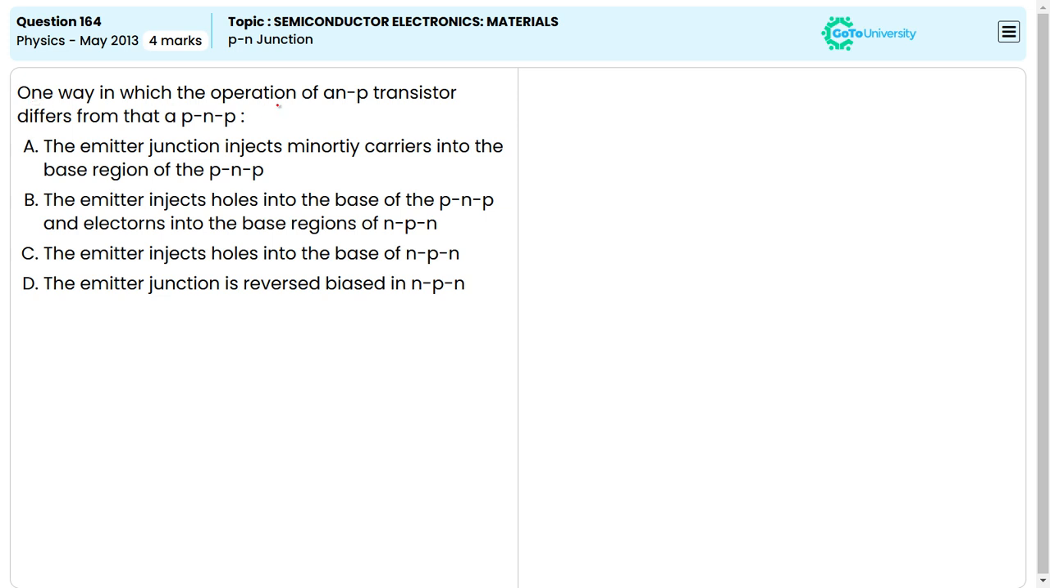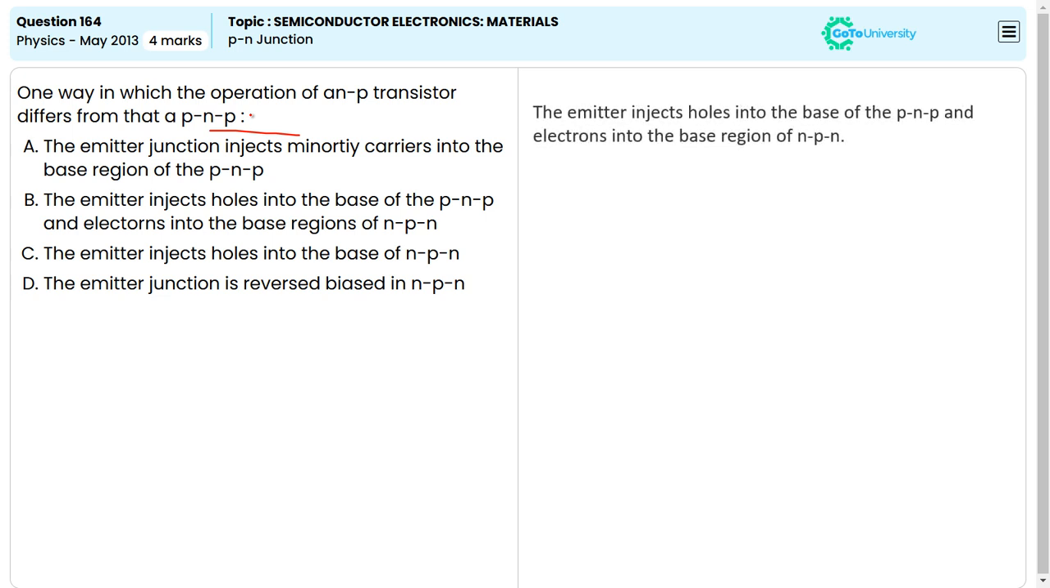One way in which the operation of an NPN transistor differs from that of a PNP transistor. What is that? We need to find it here. So we have some points that we need to remember in the transistor. There is an NPN transistor or a PNP transistor. That is, the emitter injects holes into the base of a PNP and electrons into the base region of